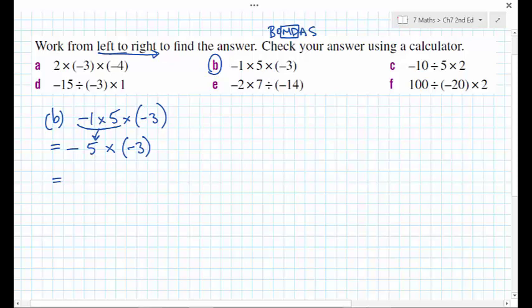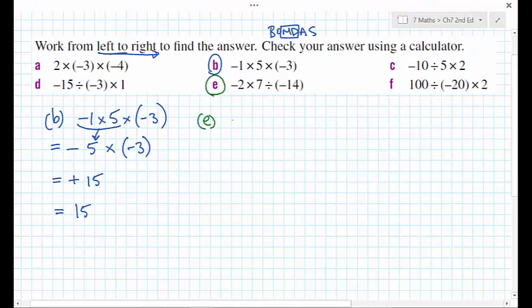Okay, I then have a look here and I think a negative number times a negative number will give me a positive number or a positive answer. Okay, and then 5 times 3 will give me 15. And so my answer here will be positive 15, but I can just simply write that as 15. Okay, now if we look at E,